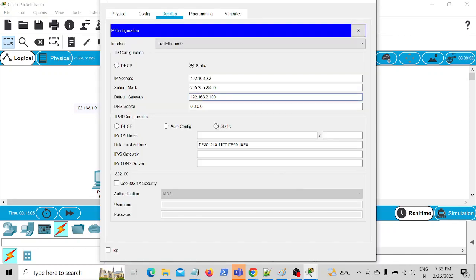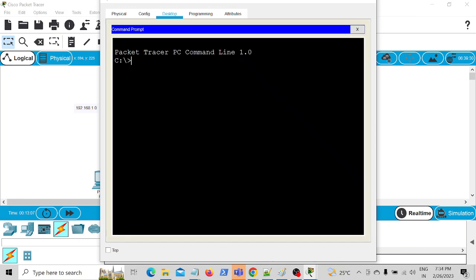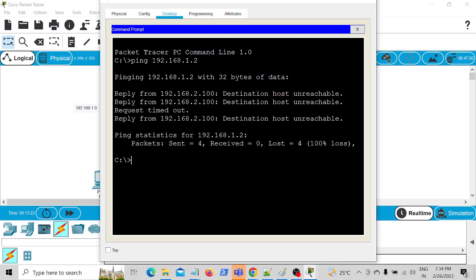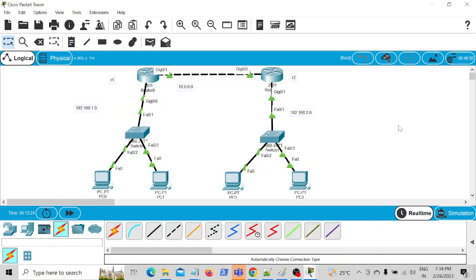We'll try to connect from this network, 2.22. So I'll try to ping 192.168.1.2 from the 2 network. Obviously it will not reach because they don't know the way. How should I reach, right? See, the request is timing out and the host is unreachable. So for that purpose, we are going to configure the